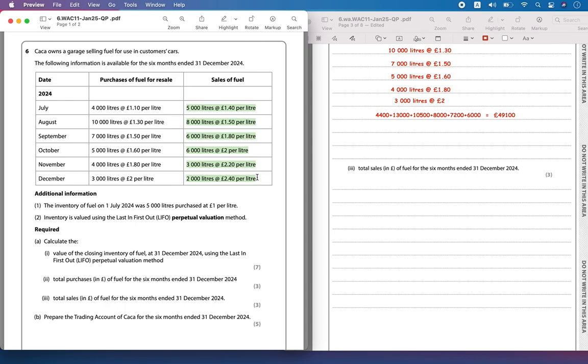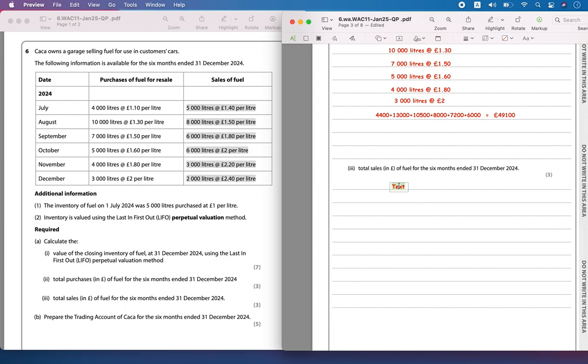Let's calculate all of this and add it up. 5,000 at 1.40, so the sales is equal to 5,000 times 1.40, which is 7,000, plus 8,000 times 1.50, which is 12,000, plus 6,000 times 1.8, which is 10,800, plus